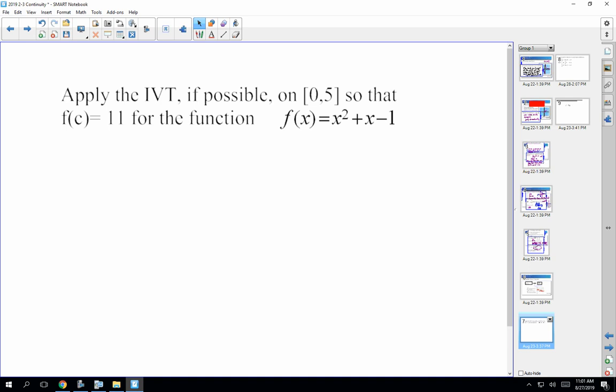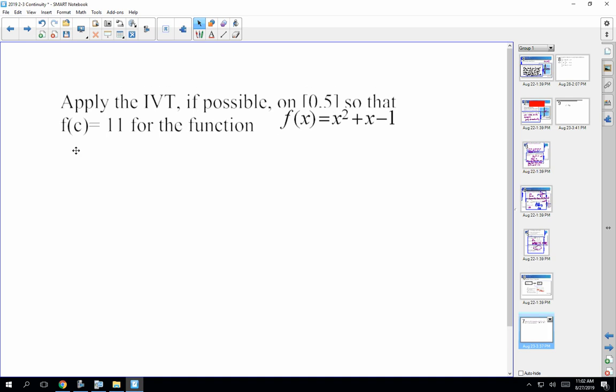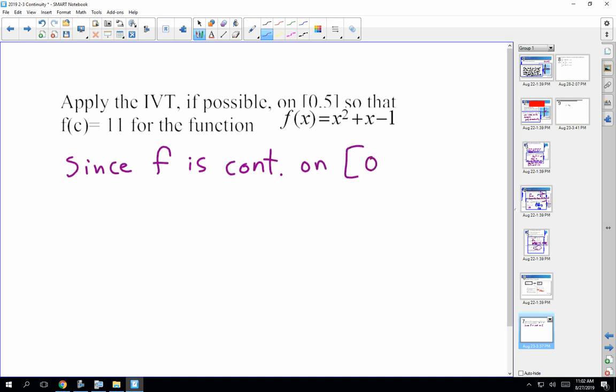So the first one was that we had to be on a closed interval. So we've got f is continuous on a closed interval. Would you agree that this is continuous, just based on your knowledge of functions? It's a parabola. Are there any problems with parabolas? No. And that's good enough for that. So let's go ahead and write all this down here. Since f is continuous, we'll abbreviate here, on [0, 5],